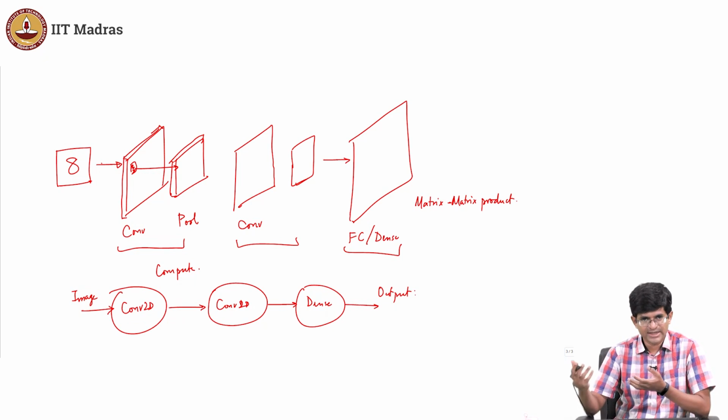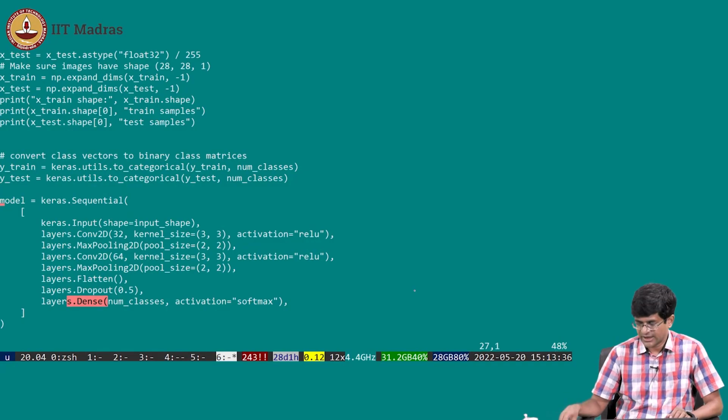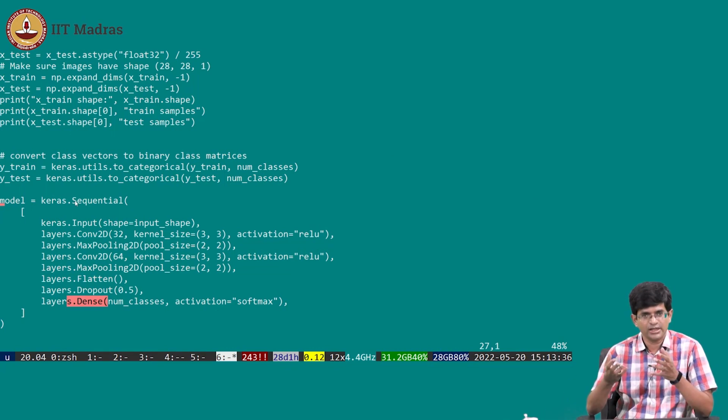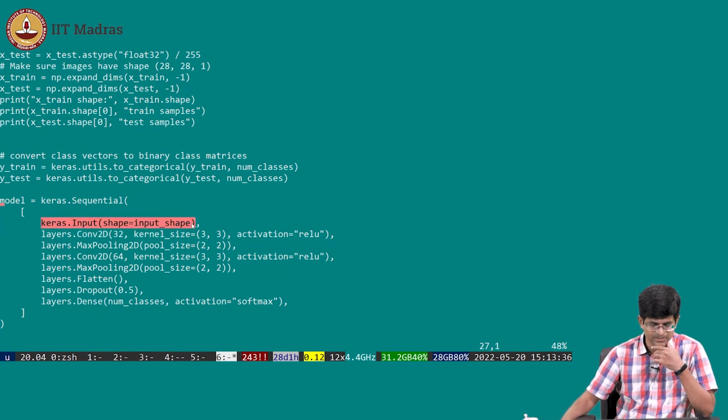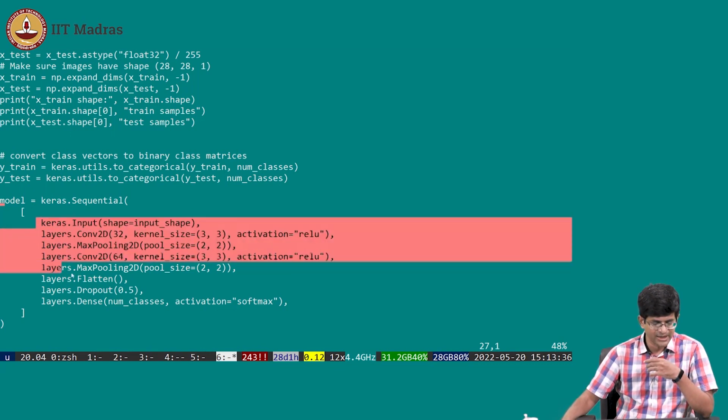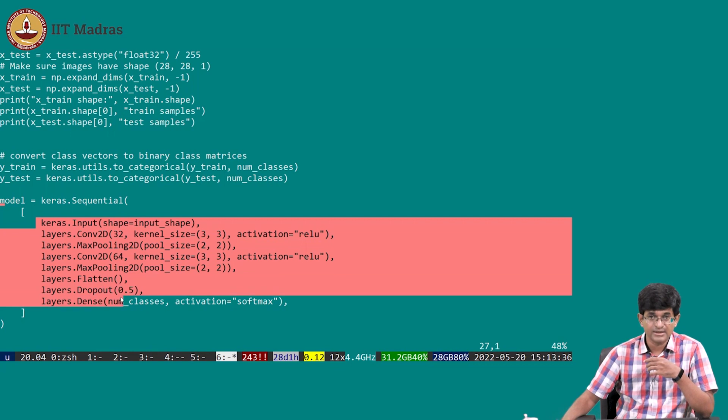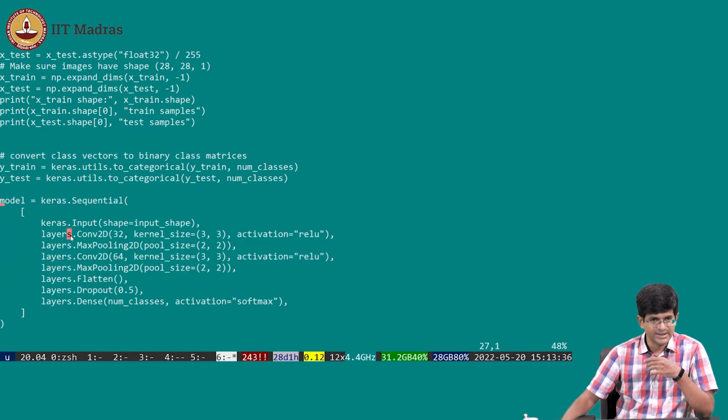You have a pipeline of things that are coming through. And that's exactly what's happening here. You look at the model that is being used by Keras, it says this is a sequential model. What does sequential mean? It means that it is taking inputs of a certain size and passing that input along. All that it is doing is taking all of these layers and feeding the output of one into the next.